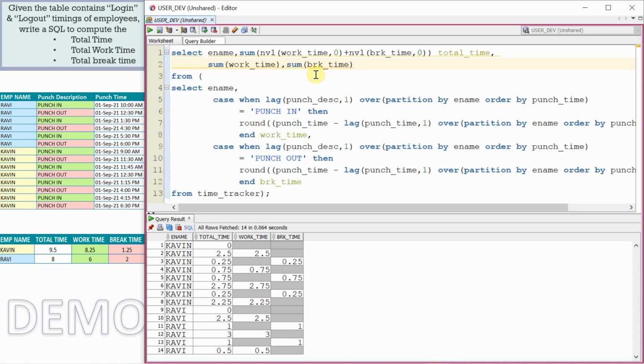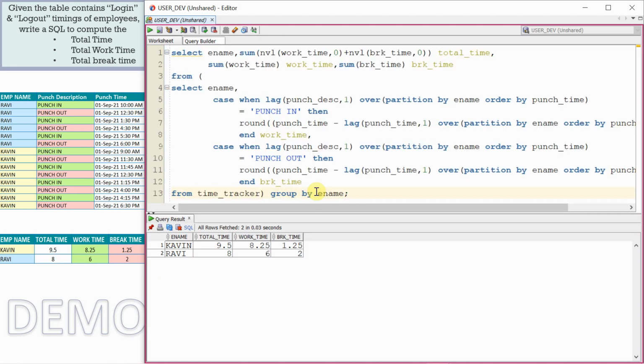So let's give alias like this is break time, sum of work time as work time. Since we are using aggregate function, let me say group by employee name. Yeah, that's it. So we just got the total time spent by each employee, and the total time we actually divided into like work time and break time.